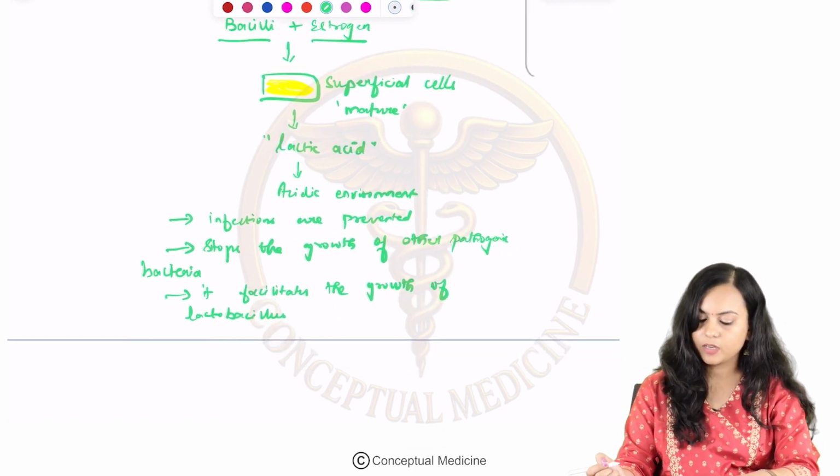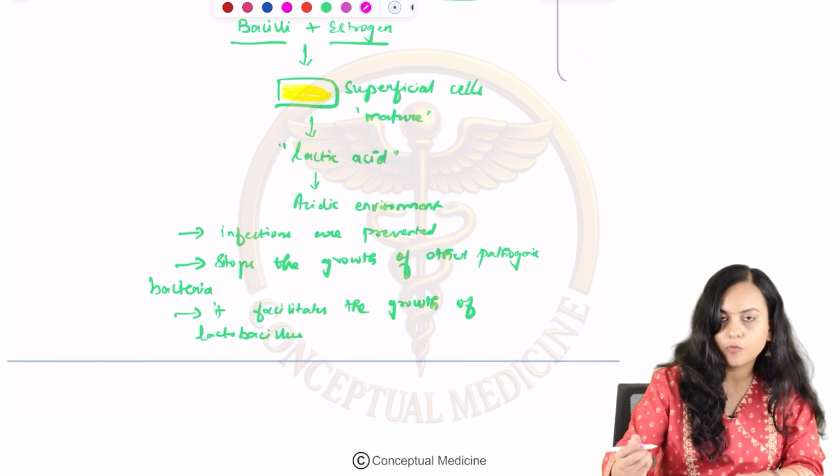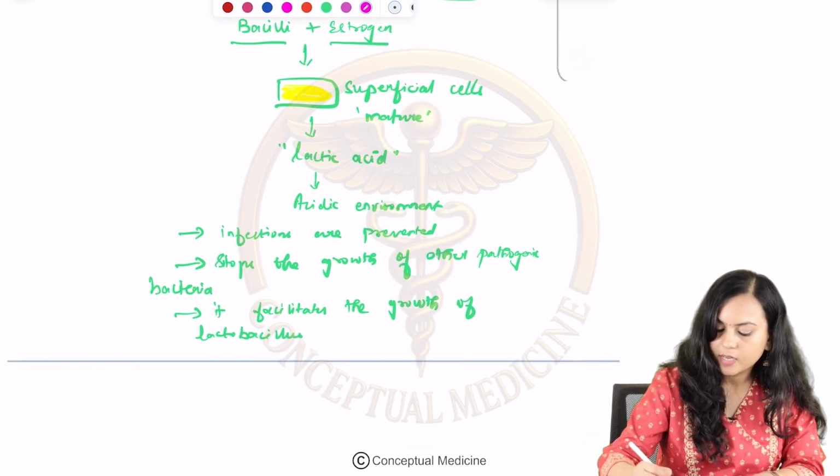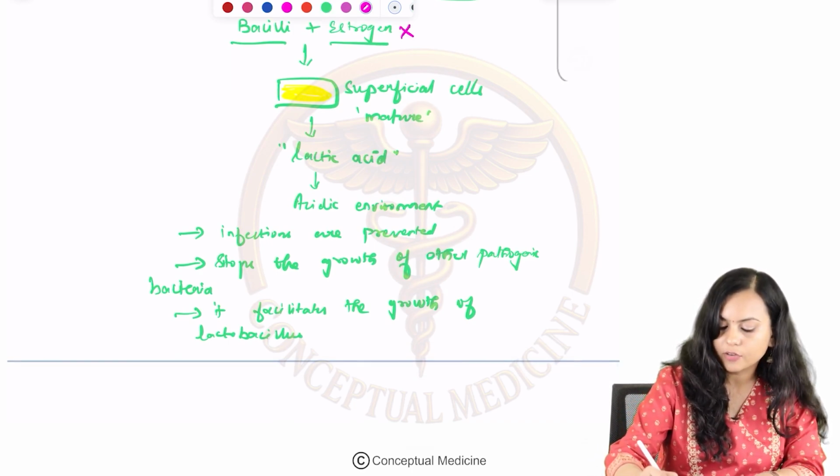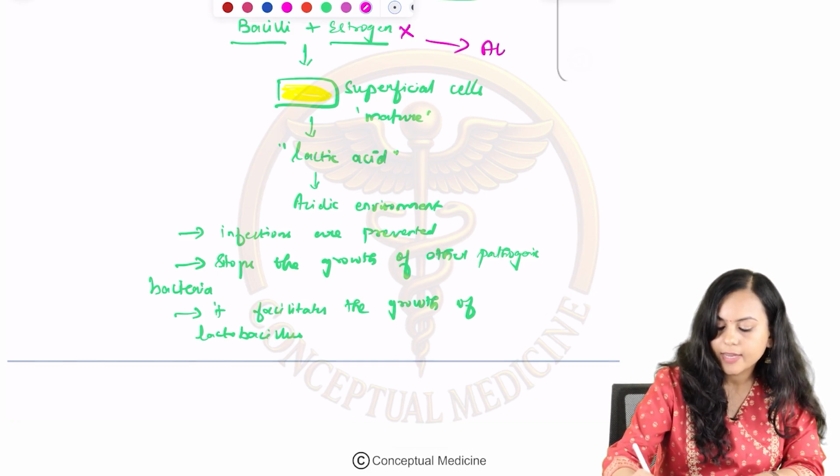Now, what happens during menopause is that the estrogen hormone action is lost, and again the pH will become